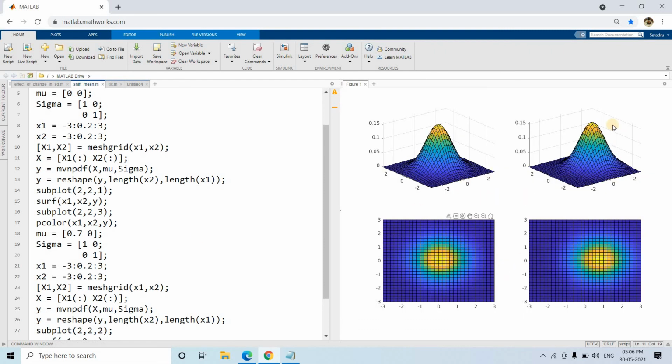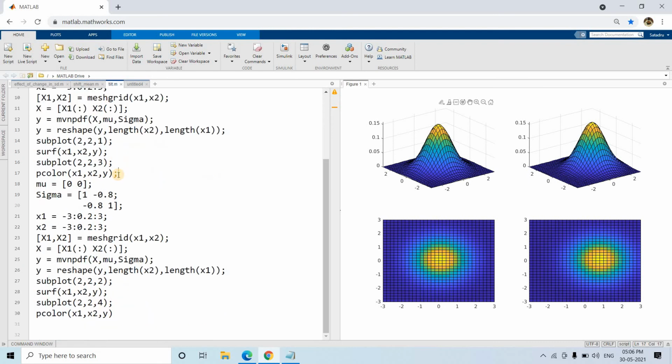So now what is happening? The center location of the peak is shifted. How is it shifted? See, I just changed the mean to 0.7. For x1 it is shifted to 0.7. So now you can see that earlier the center of the peak was at 0, but now along x2 it is 0, while along x1 it is shifted towards the right-hand side. That is, 0.7 will be the center, and from this graph also we can see that it is shifted towards the right-hand side. Now let us see how, maybe we can check this particular code.